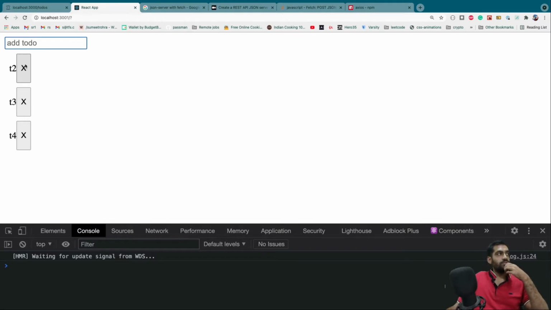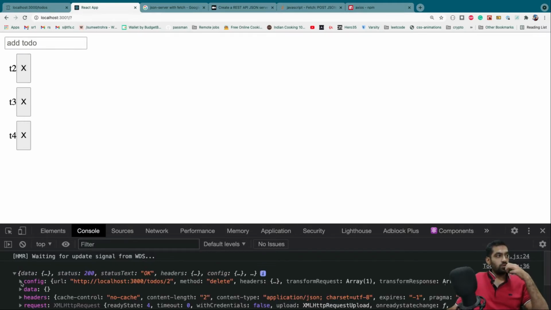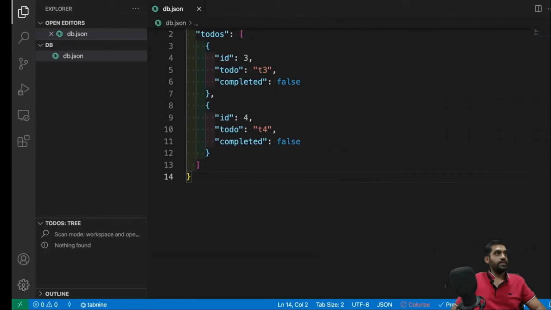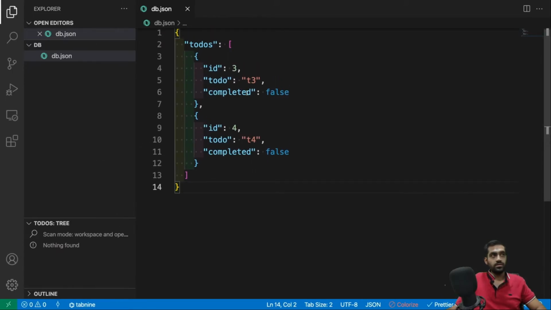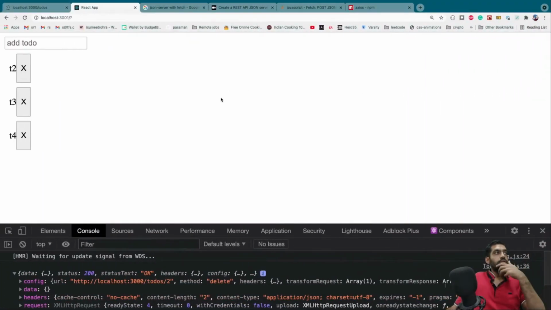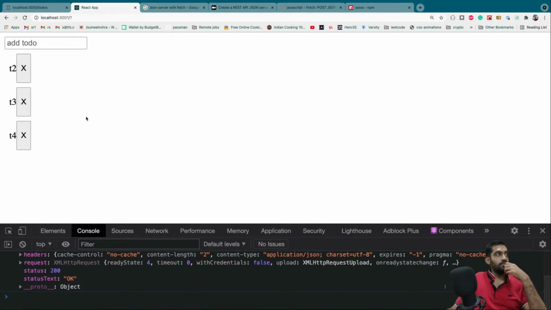Now, here's the problem. If I delete T2, it is supposedly deleted, right? We can just go here and check. T2 is deleted, but it is not going away from this list. We can either do a useEffect call as we were doing, but I don't really want to hit the API again and again at this point.